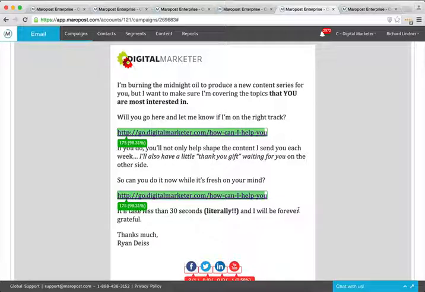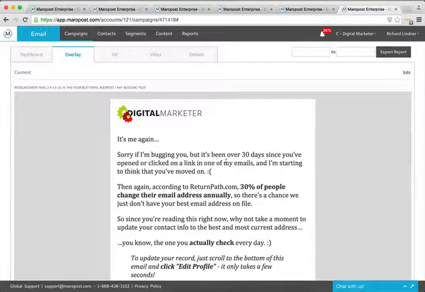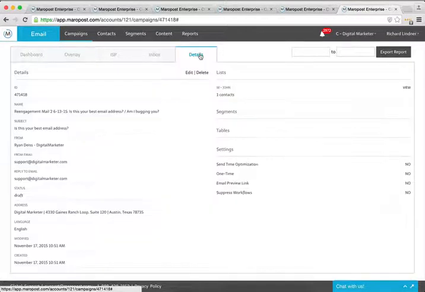But here, simple email, and again, the whole goal here is to get them to re-engage. So all we want them to do is open or click, or ideally both. And if they do at any point in time in this campaign, they're taken off the campaign. They don't receive the next email because they've gone from unengaged to re-engaged. But assuming they don't click this email, 2 days later, they're going to receive this email.